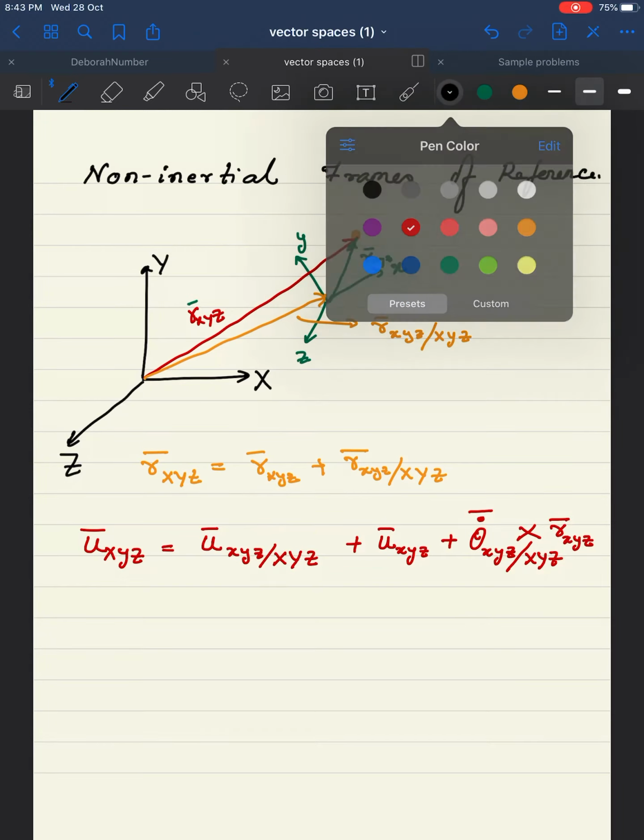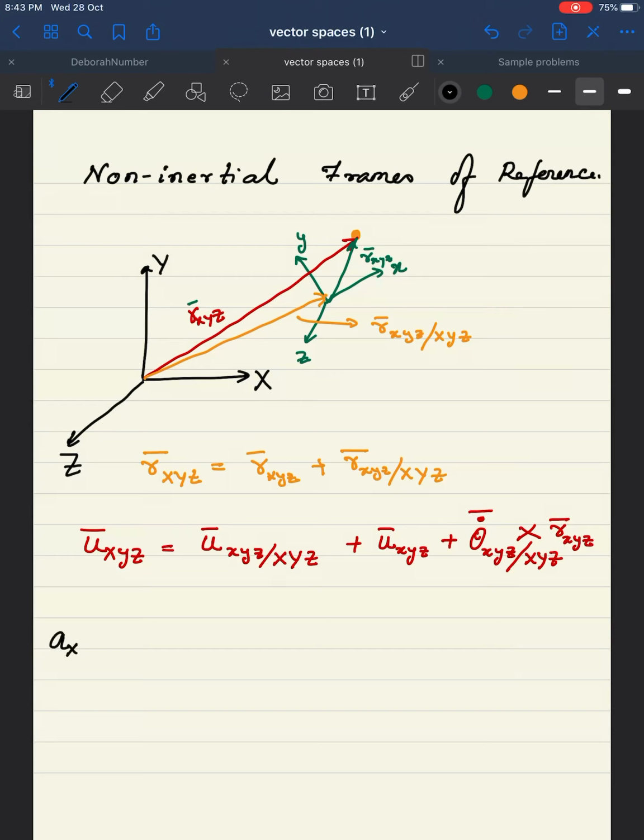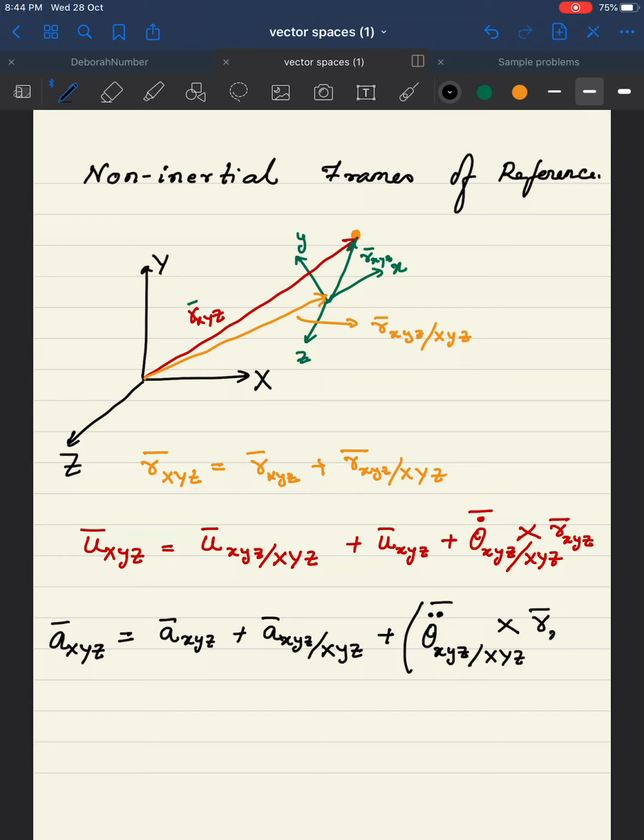Similarly, you can do for acceleration, and for acceleration what you will find is capital X, capital Y, capital Z acceleration with respect to this reference frame is equal to the acceleration measured in the xyz reference frame plus the acceleration of the xyz reference frame with respect to the capital X, capital Y, capital Z reference frame plus theta double dot xyz with respect to capital X, capital Y, capital Z. That's what is in the cross r small x, small y, small z